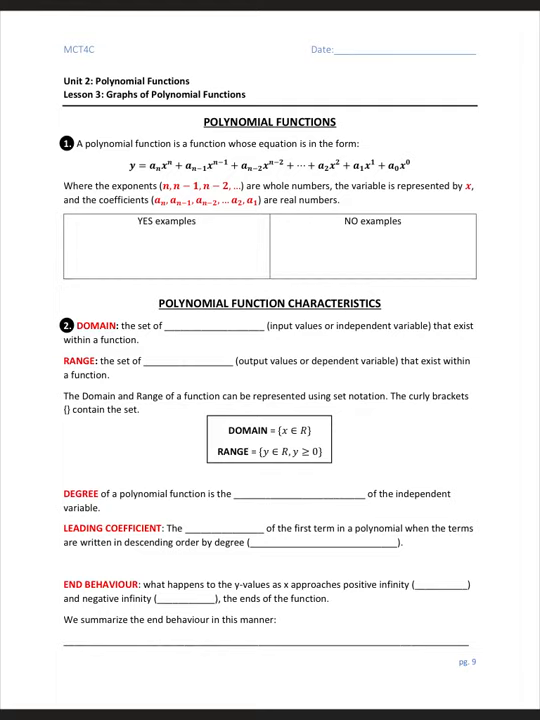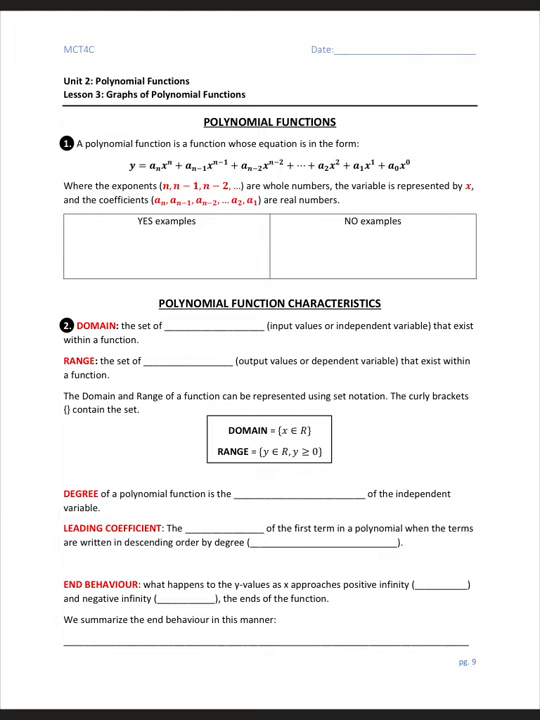Good morning, everyone. Today we are doing Unit 2, Lesson 3, Graphs of Polynomial Functions. So before we jump into the graphs of polynomial functions, we're just first going to look at what makes a polynomial function a function in terms of its equation. So you can see here a polynomial function is a function whose equation is in the form y equals a